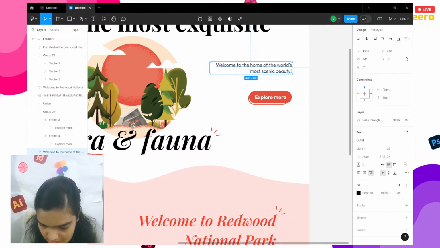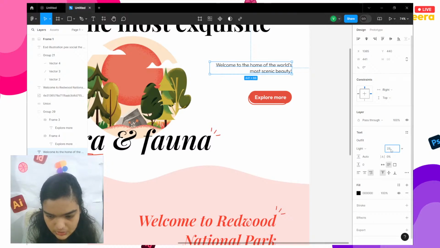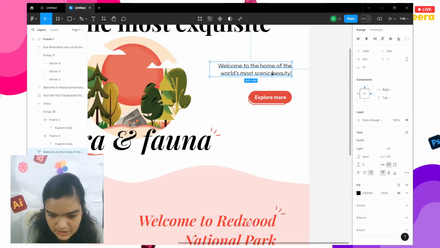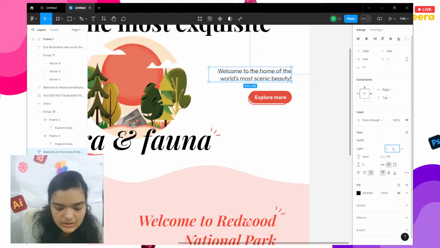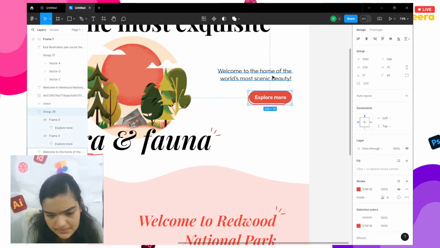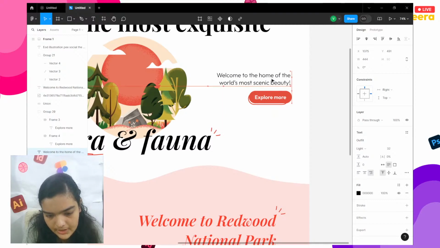All right, we can just change the font size a little bit, 32, not 23, 32. This looks much better. No, that's too much. All right, this looks good. We can just get it down to a 30 if you want, but 32 works well as well. We'll just bring it down a little bit, shift it above,